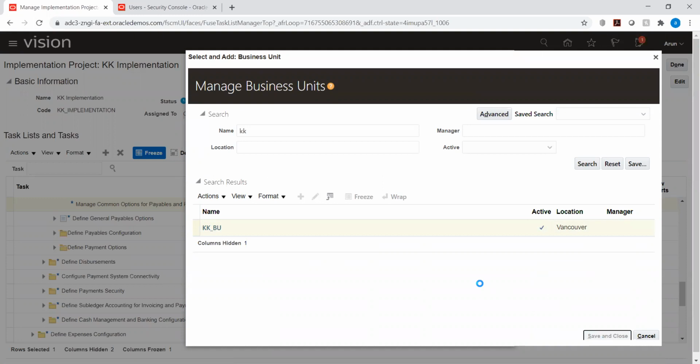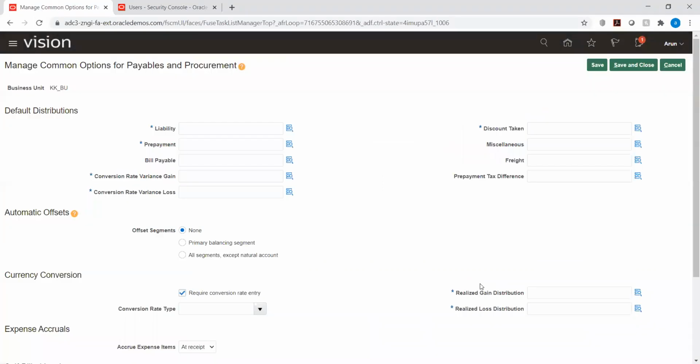Abhishek, you understood this concept, this business unit and reference data set concept? Hello, Abhishek. Maybe Abhishek, you are on mute, I guess.